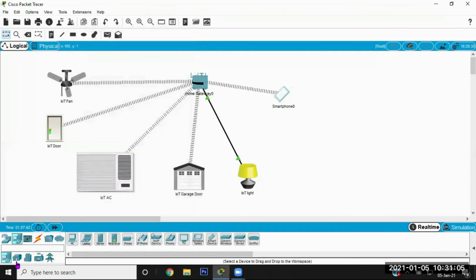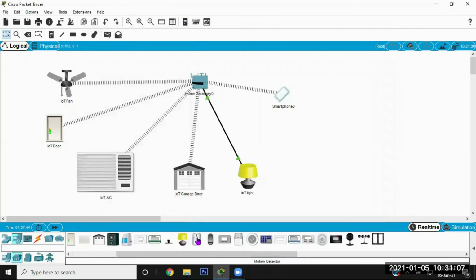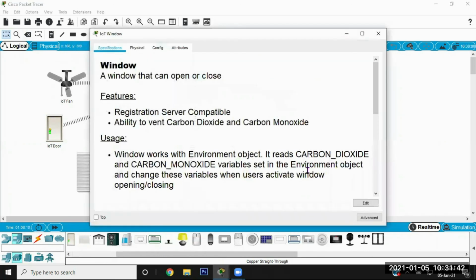So the next device we will take for demonstration is this window, IoT enabled window. So we can connect this one in a wired form and wireless form. So now you know all the things.